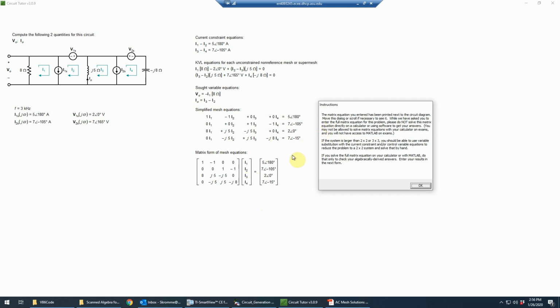Now, in order to do this solution, as I said, you could, in theory, perhaps use MATLAB or an online calculator to do this. But since on a test, for example, you'd have to do it by hand, typically. And most calculators can't handle complex number coefficients in matrices directly. It's going to be best simply to use elementary algebra. So we're going to take the 2 more complicated equations, namely the KVL equations, and take these simpler equations here, which are just easily solved for one variable or the other, and use that to substitute into here to eliminate 2 of the unknowns, and thereby we will get a simple 2x2 system,